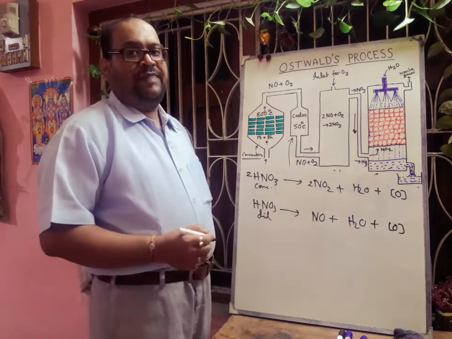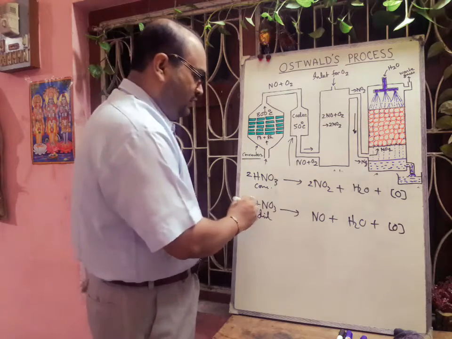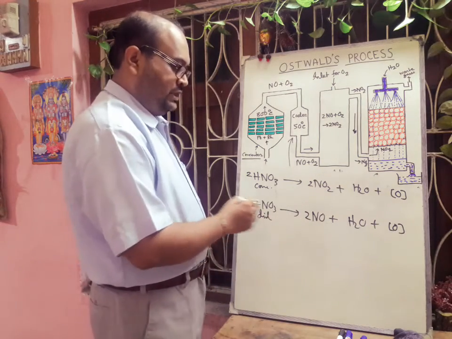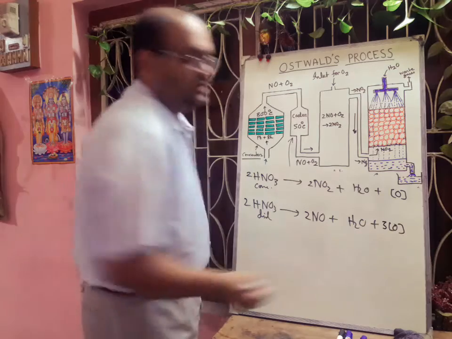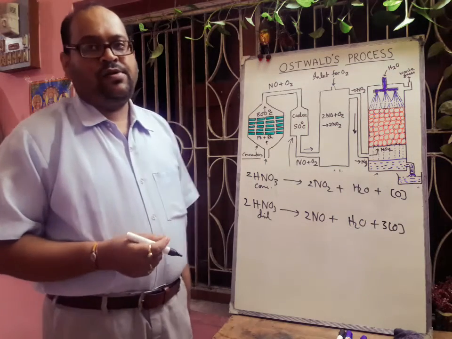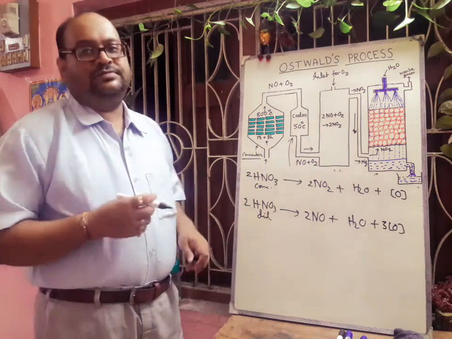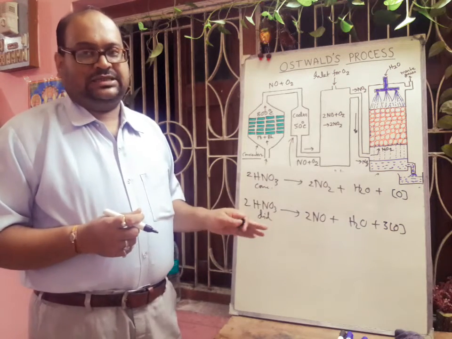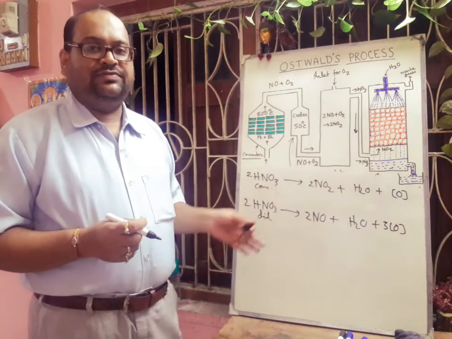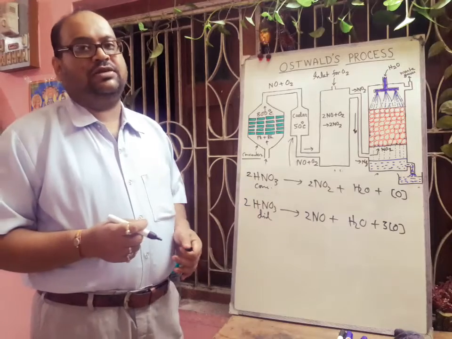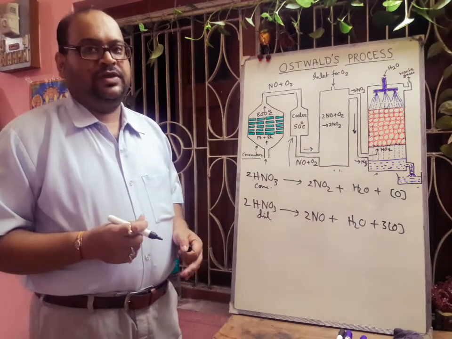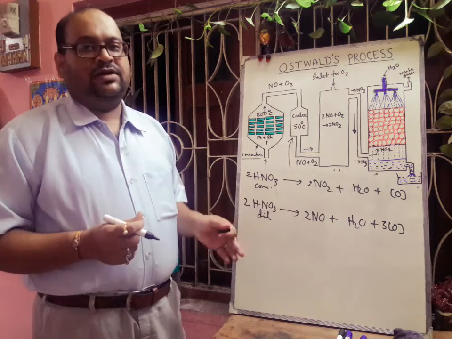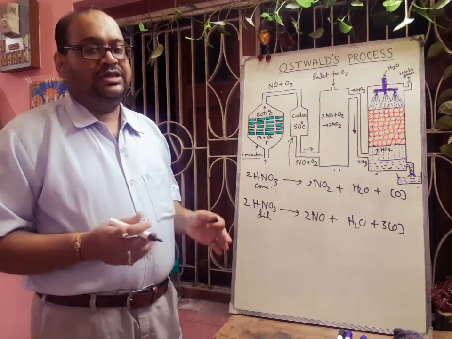Now we have to balance this equation. So if we write 2 here, then here also 2, 6. So here will be 3 of nascent oxygen. Okay. So this nascent oxygen oxidizes non-metals, metals and inorganic compounds, as well as if we take organic compounds also, it will oxidize the organic compounds also. Okay. Next, we will discuss the oxidizing property of nitric acid with carbon.